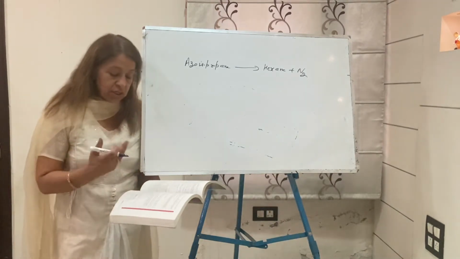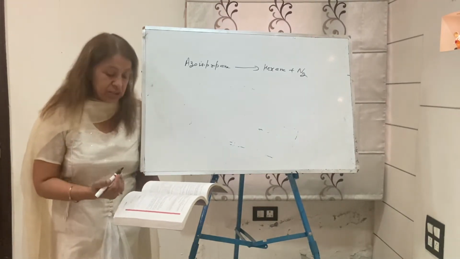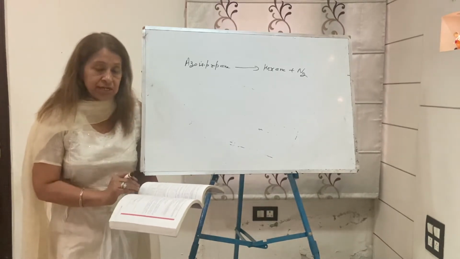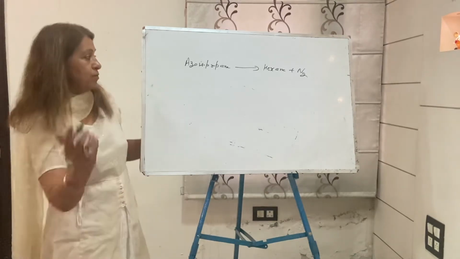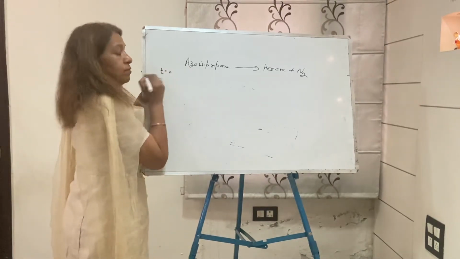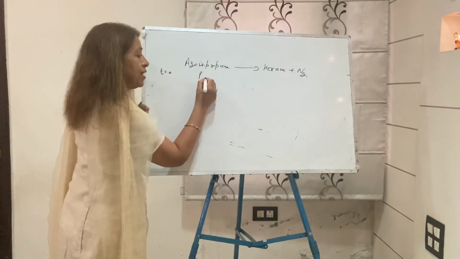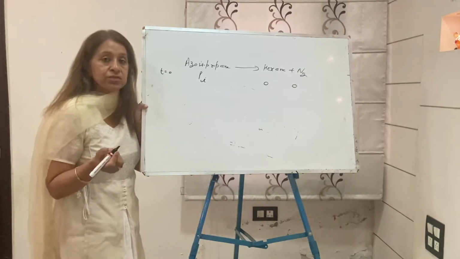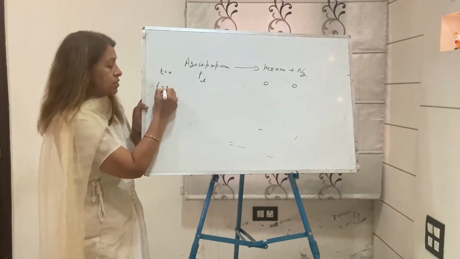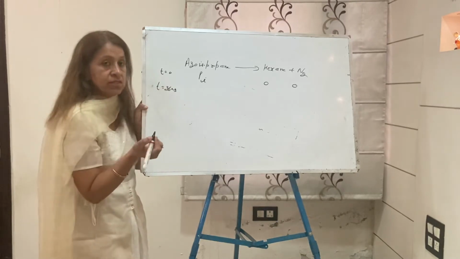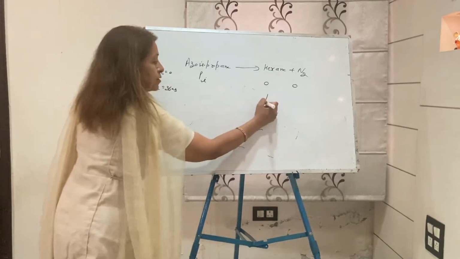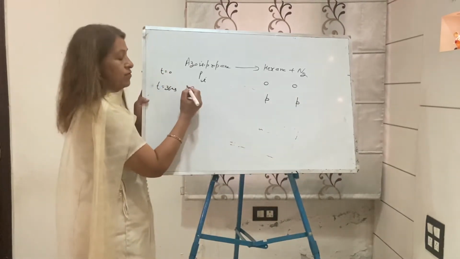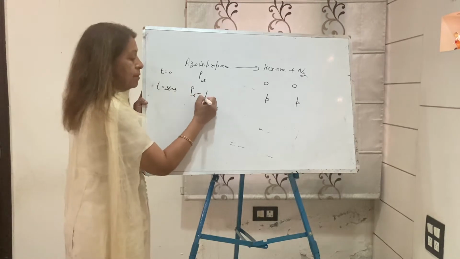Now the initial time 0, 360, 720 is given, and the total pressure is also given. The question is to calculate the rate constant. It's a new type of numerical. When the time is 0, the pressure is Pi, the initial pressure, and the product is 0, because at time 0 there was no product. When 360 seconds have passed, some product p will come out, and the same amount gets subtracted from the reactant: Pi minus p.